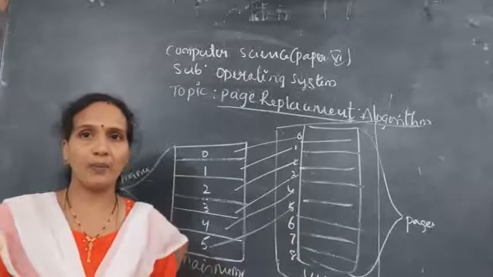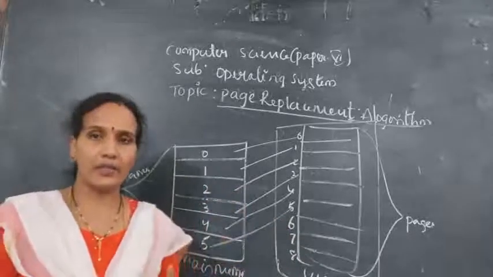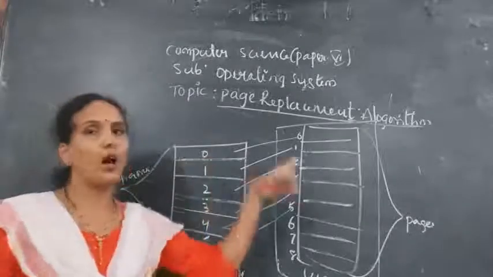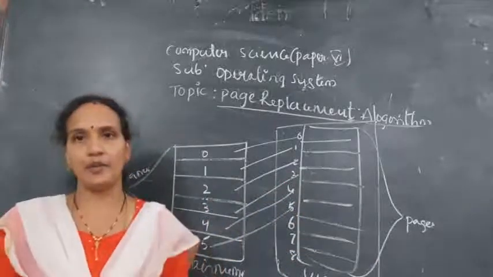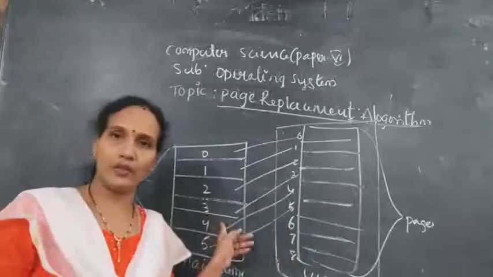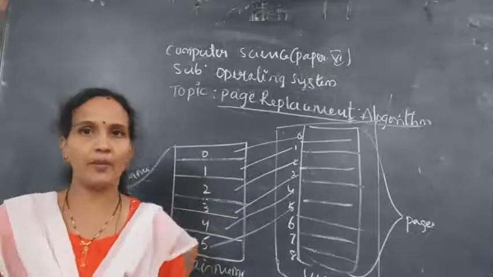In that case, what happened? Your space is not there. Then what we are doing is, we are swapping out one page from main memory to the secondary memory. Understood? When a page wants to execute, there is no sufficient memory in the main memory, there is no free frame in the main memory.